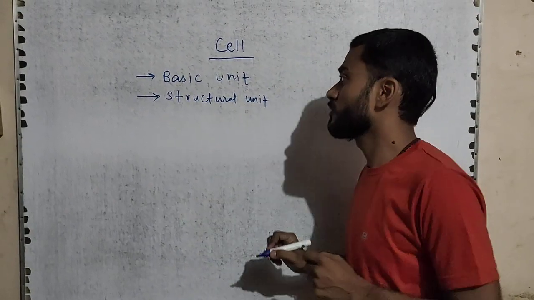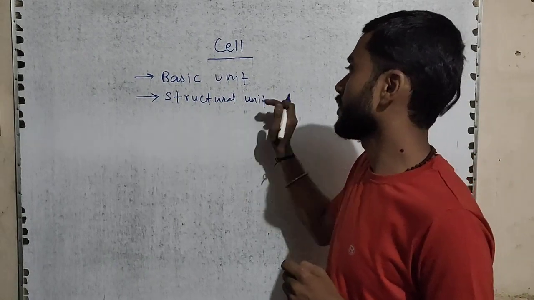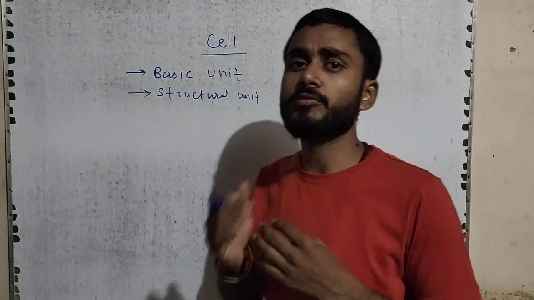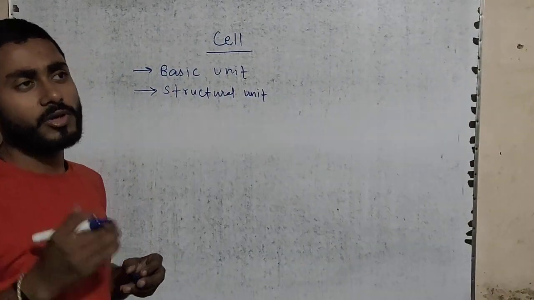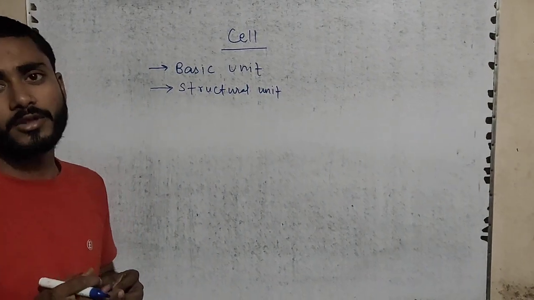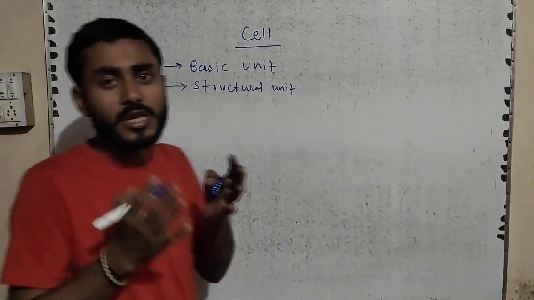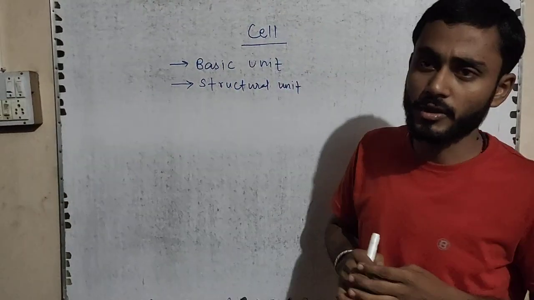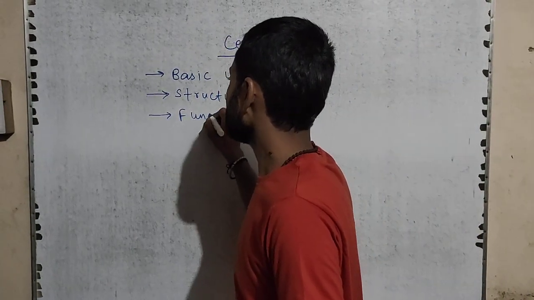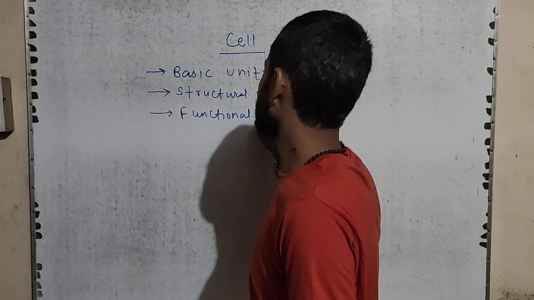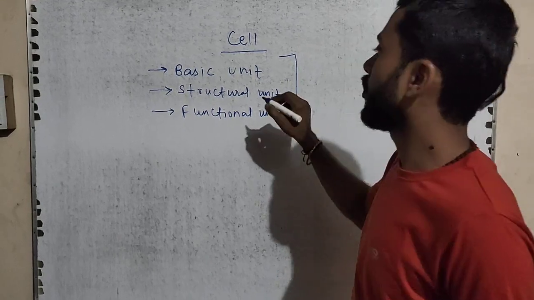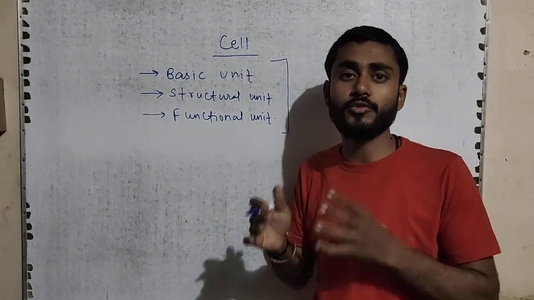And the next one is the basic unit, structural unit and functional unit. As we know, in living organisms all the functions are carried out by cells. When we look at the organ level, first we see that the organ is working, but when we go to the molecular level, the lower level, we see that the cells are functioning in those organs, and that's why we call the cell also a functional unit. So basically these three are combined together, and the cell is called the basic, structural and functional unit of life.